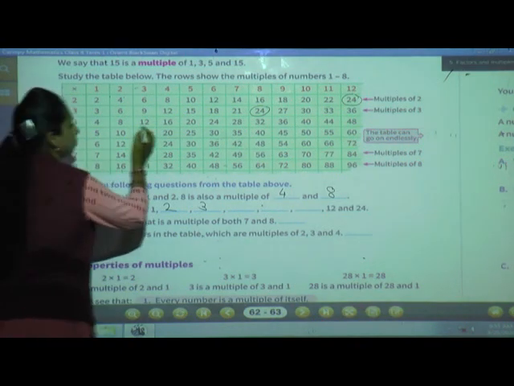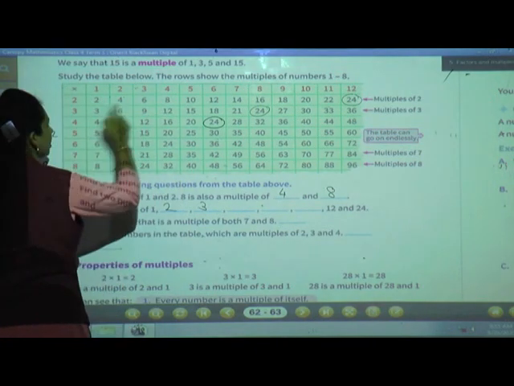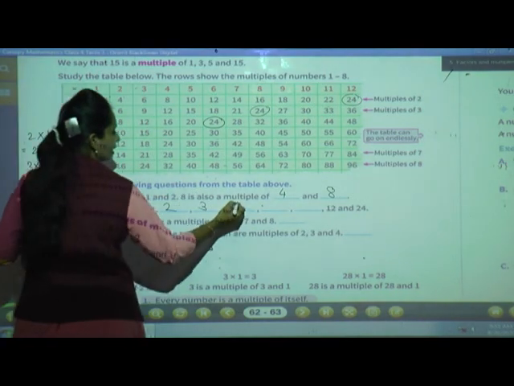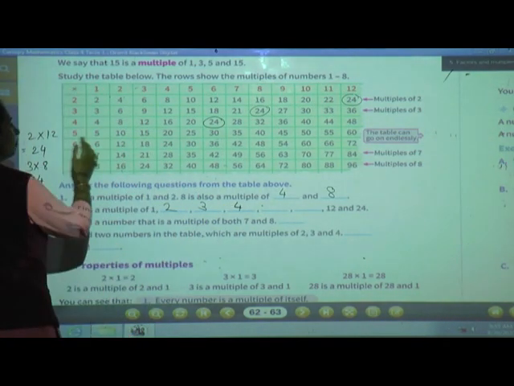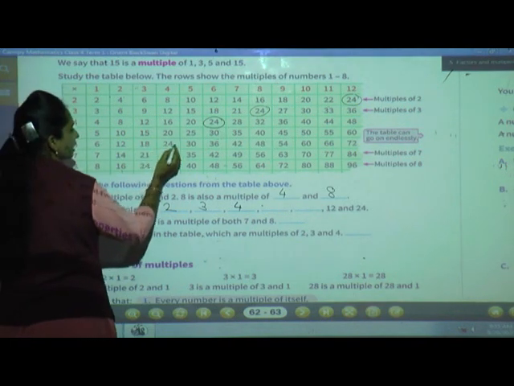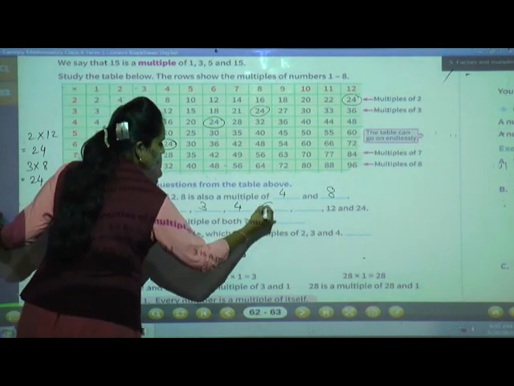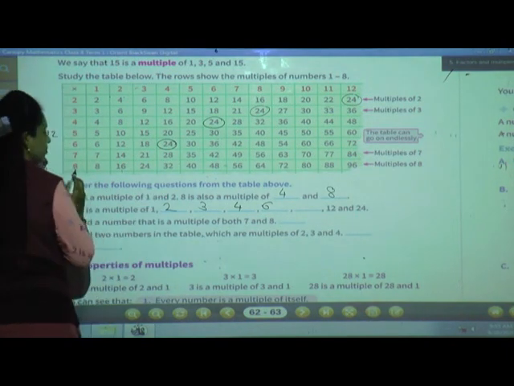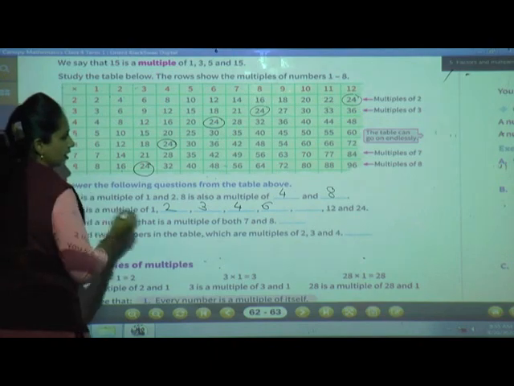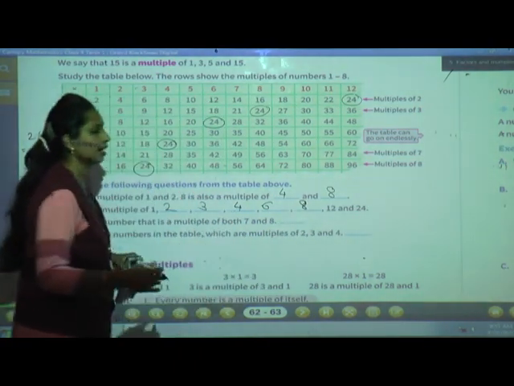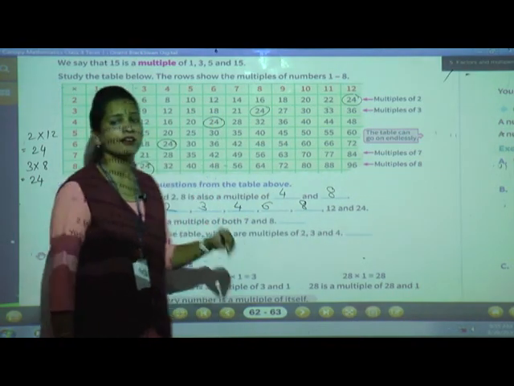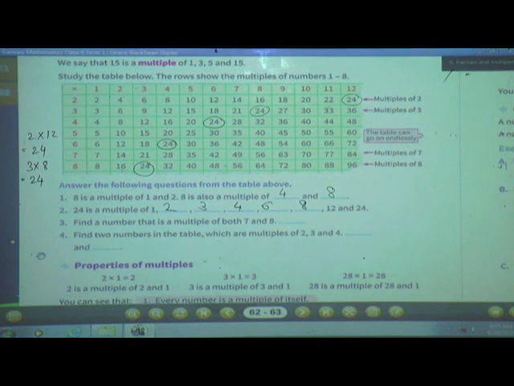The next, in 4 table, yes, when you multiply 4 multiplied by 6, you will get 24. So 4 is also a multiple of 24. What about 5? No. What about 6? Yes, 24 is there. So 6 is also a multiple of 24. What about 7? No, not there. What about 8? Yes, it is there. So right here 8. After 8 they had already given 12 is a multiple of 24, and 24 itself is also a multiple of 24. Got it? Yes, clear?